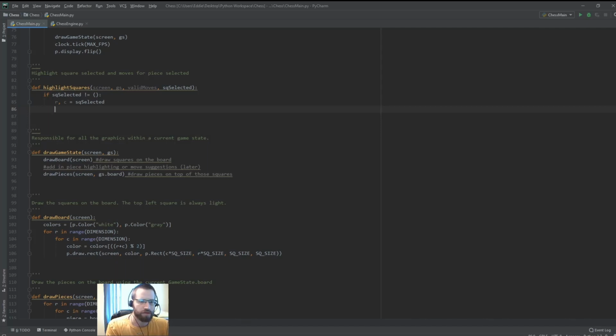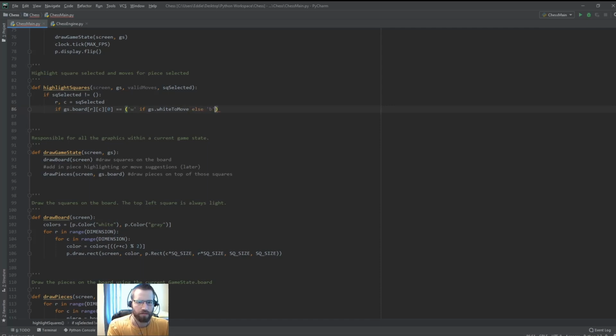And we're going to make sure that the color of the piece being selected is equal to white if it's white's turn, or black if it's black's turn. In other words, we're making sure that they click on their own piece. So how do we do this? Well, we have to check our board location R, C and the color of that square, so index 0. And we're going to check to see if this is white, if it's white to move,